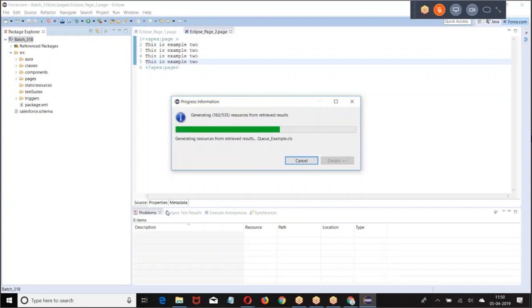Now the changes which are there in the server, we want to fetch. Sometimes when I am working with Eclipse, what happened? The internet connection is not there. Then when I save it, it is saved to the local system, not saved to Salesforce. When the internet is there, I want to save it back. So the advantage of working with Eclipse is that without internet we can work. When we get the internet connection, we can synchronize it. That's one of the advantages of going with Eclipse.